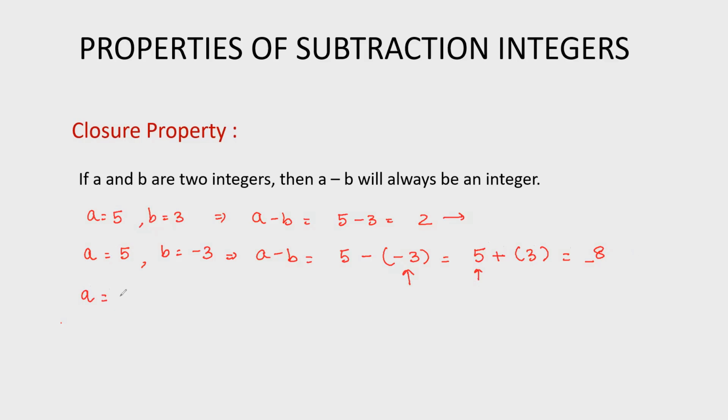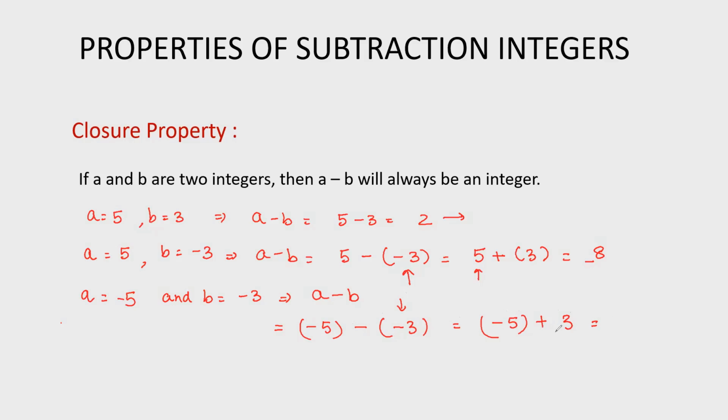Now let us take an example where we take two negative integers. So A is minus 5 and B is say minus 3. Now how do we subtract these? A minus B. So we get minus 5, also we'll write it down in brackets, then minus of minus 3. So here we are taking the absolute value of the second integer which we are subtracting from the first integer, and we put the sign plus in between. Then we do addition of integers. So minus 5 as it is, plus the absolute value of minus 3, which is 3. Now minus 5 plus 3.